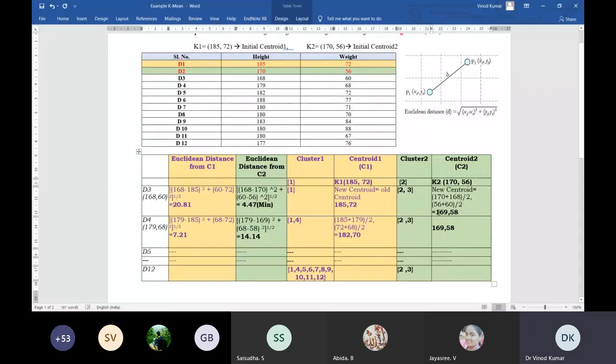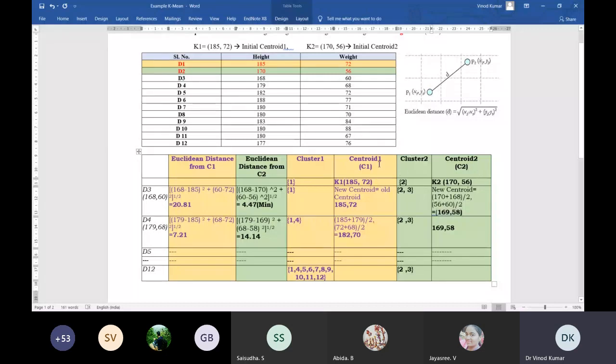So I come up with the new centroid, that is 169 and 58. So this point will be the new centroid for cluster 2.